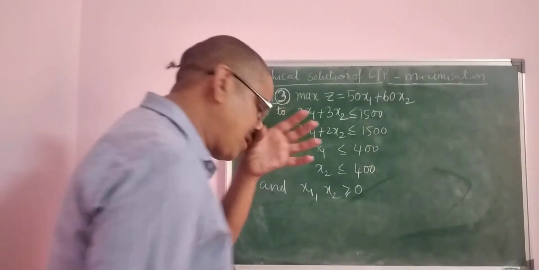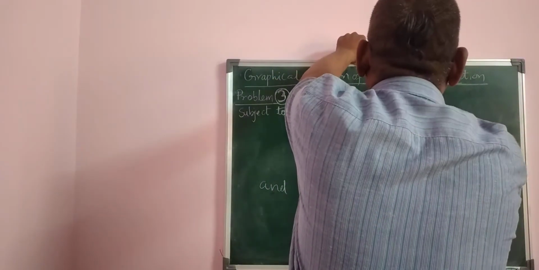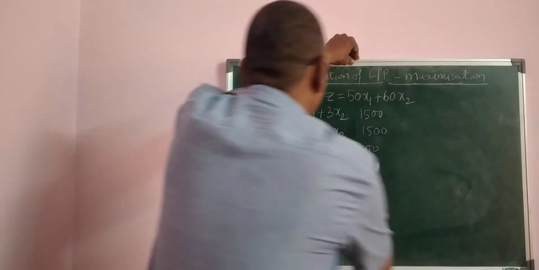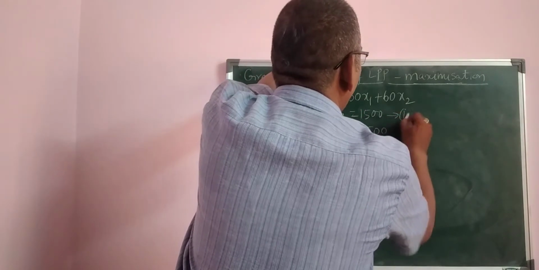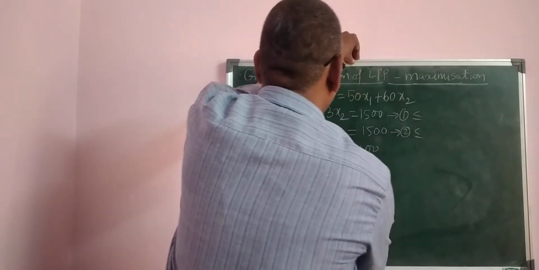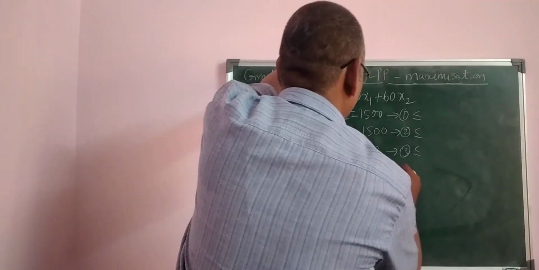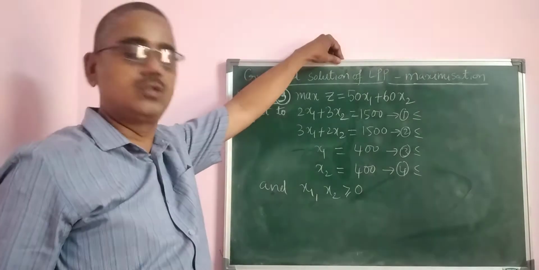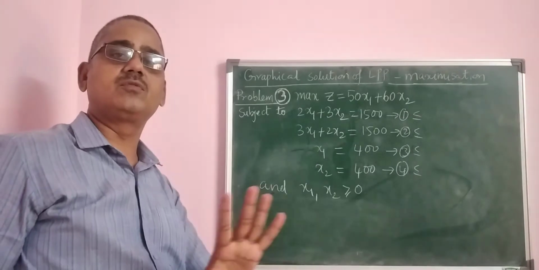So that is what I am doing here. Converting the inequations of the constraints into equations. So these are all less than or equal to constraints, so therefore no problem. I am converting that to this equation 1, less than or equal to, and equation 2 again less than or equal to, equation 3 less than or equal to, equation 4 also less than or equal to. All the constraints are less than or equal to constraints, so therefore I have converted inequations into equations first.